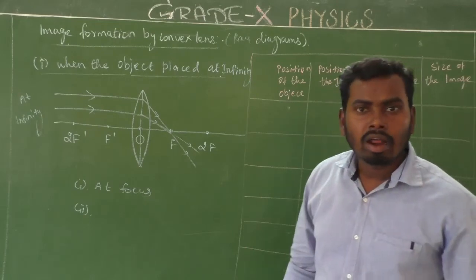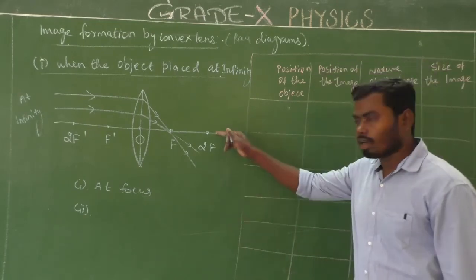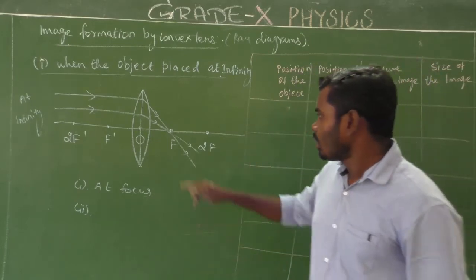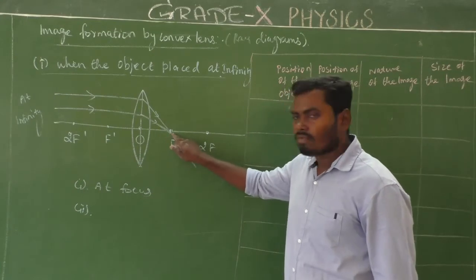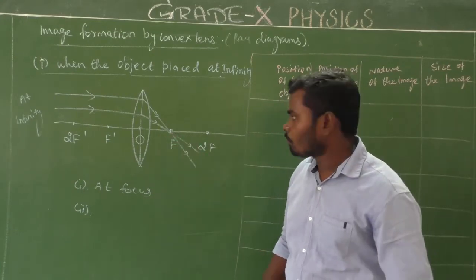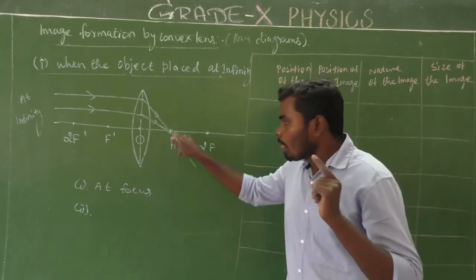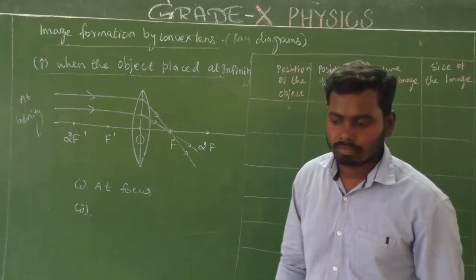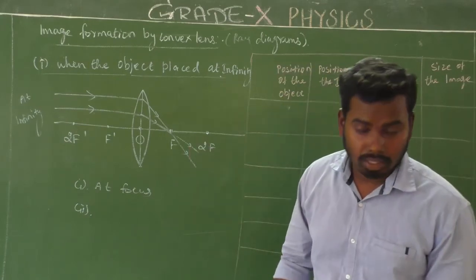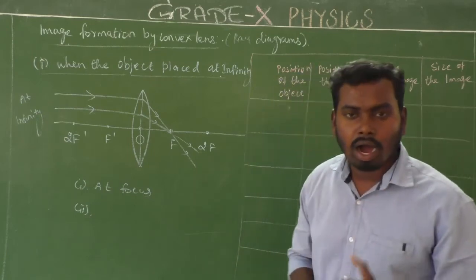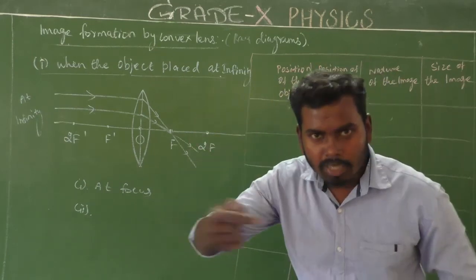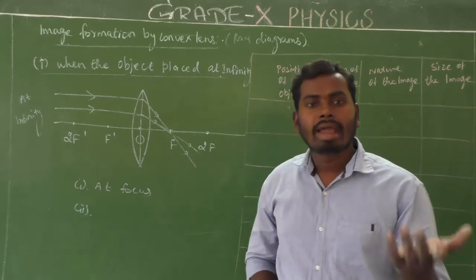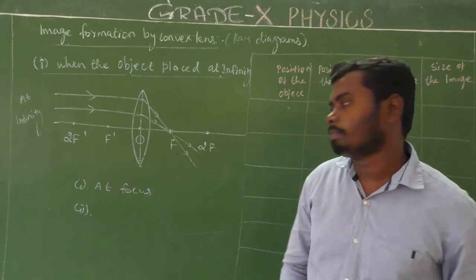All real images are inverted images. Am I right? Already we know very well. Okay, look at here. But here the image is formed where? On the focus, which means on the principal axis. So this image is also considered as what image? That is a real image. So if the image is formed on the principal axis or below the principal axis, that is considered as a real image. All real images are inverted images. Is it clear? So very simple.